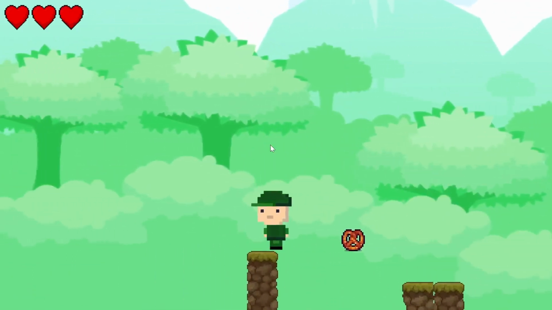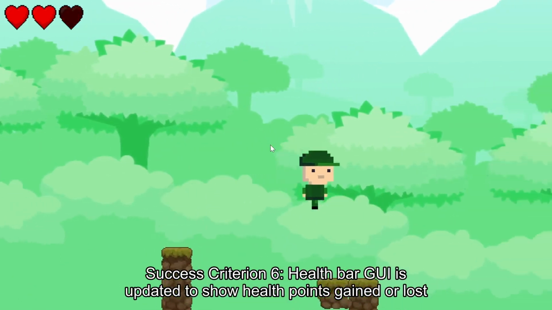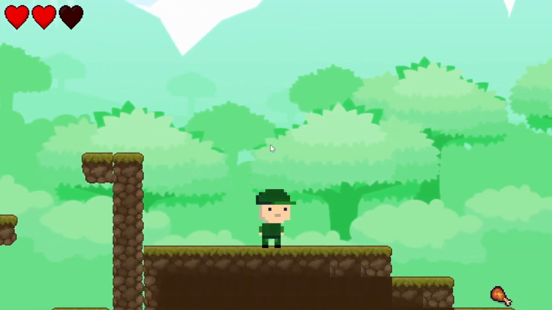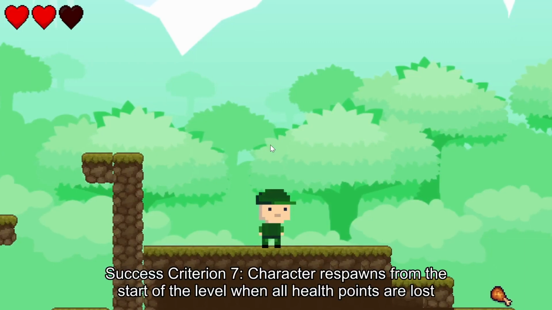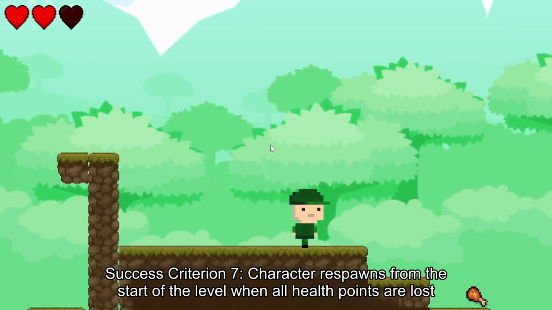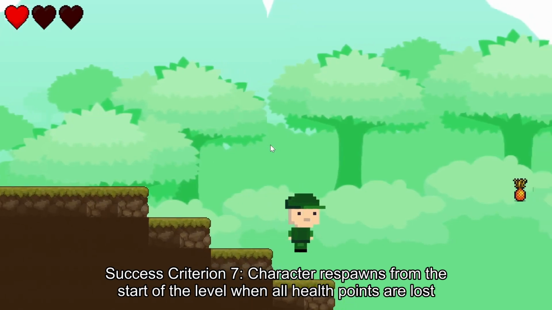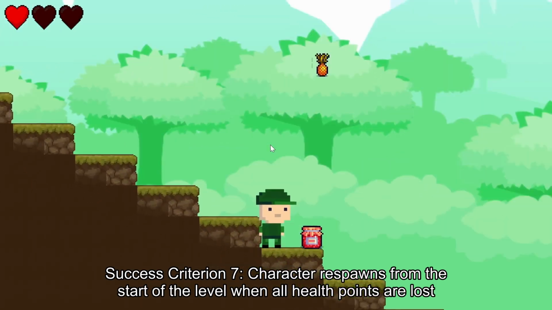As the user collects more of the healthy and unhealthy food, the health bar keeps updating accordingly to display to the user exactly how many hearts are left before the user loses all hearts and the health equals 0. The user would want to ideally avoid this kind of situation by not picking up more than 3 unhealthy food items in a row. However, if the user does lose all of their health by picking up an excess of